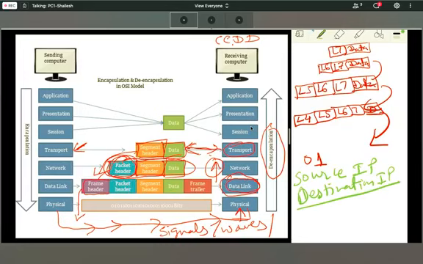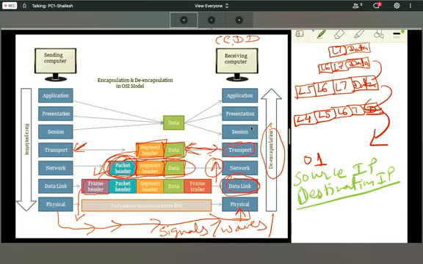If it is TCP, then it will give instructions to the session layer: please make one session. You got my point? See, the security guard is telling your company that one person is standing outside, an employee of the company.